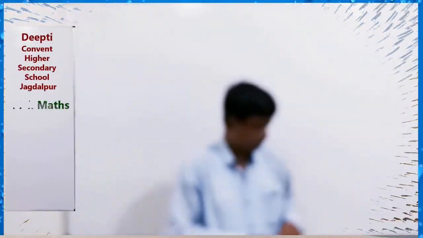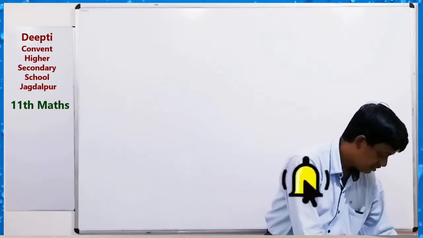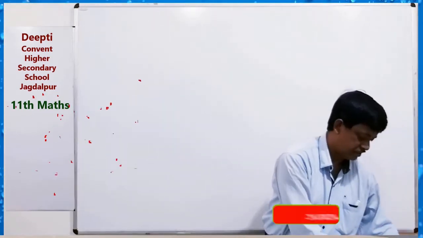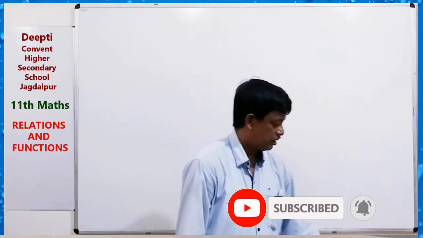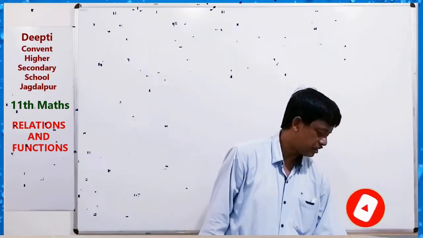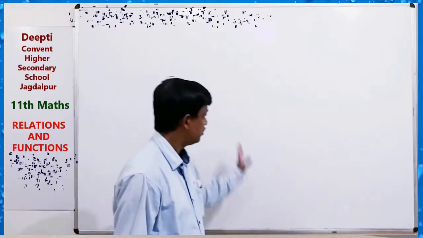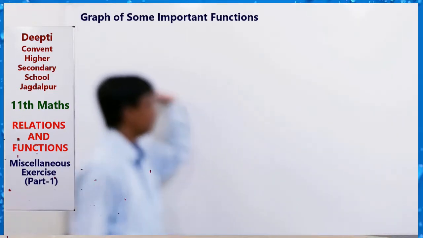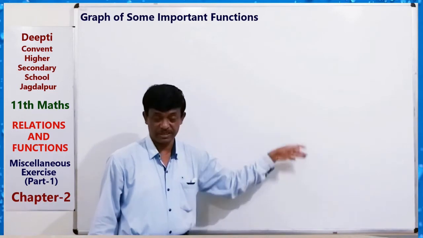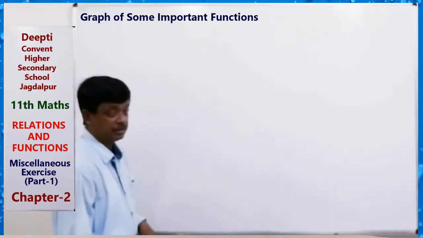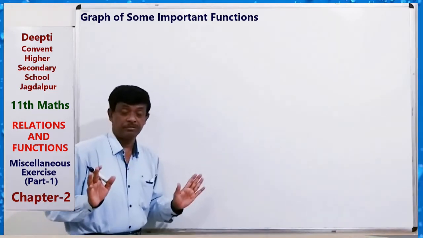Hello dear students, now I am continuing functions, chapter 2, continuing functions. So, graphs of some functions. We know about the identity function, constant function, polynomial function, rational functions, and there are also three functions